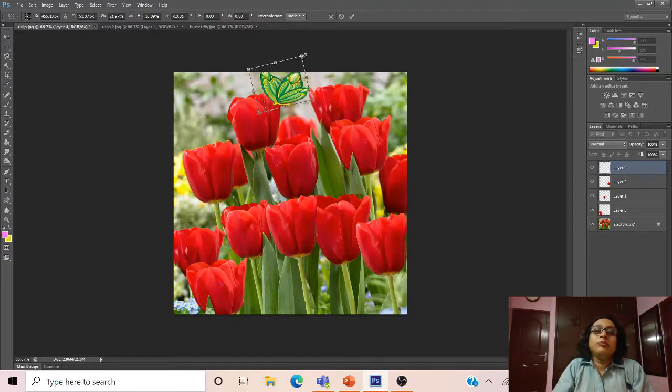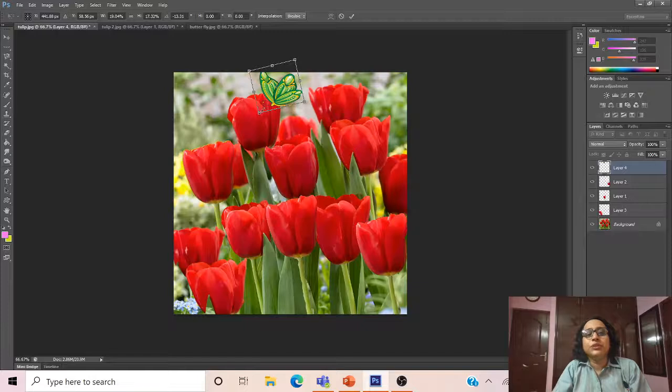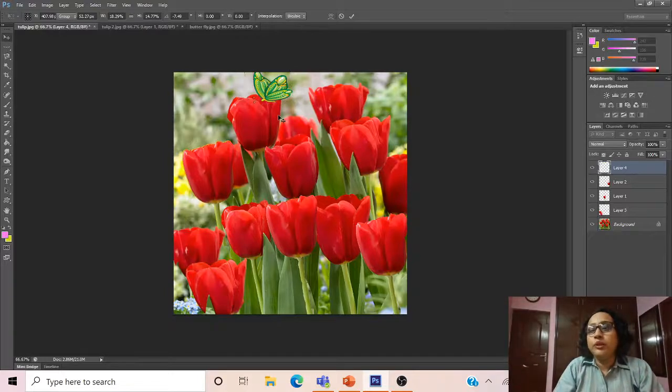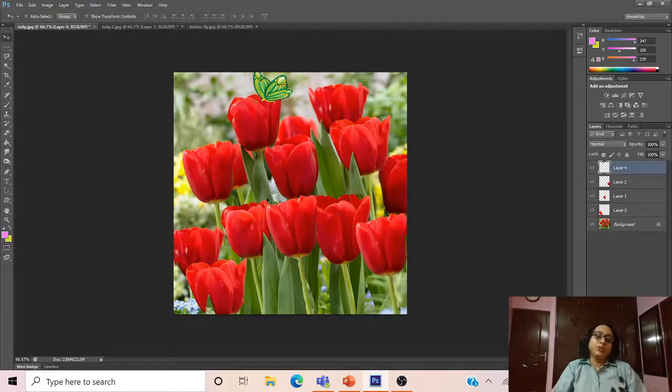So you have to change the shape of the image also in such a manner so that it fits well into the image, and it should not look artificial at all. And this is the work the Photoshop is doing, enhancing your images. So using these methods, all people are making the best use of the images.